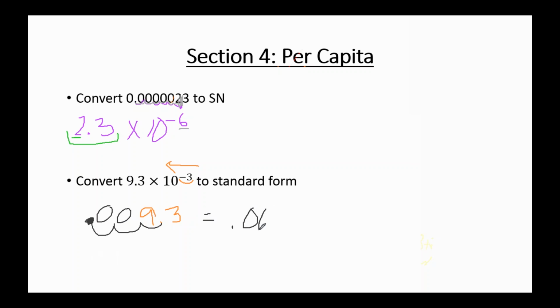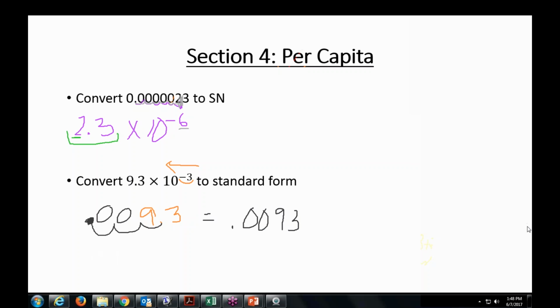So as many of you have stated in the chat box, we're at 0.0093. And you will have plenty of practice with scientific notation going both directions within web work, sections 3 and 4. And we are going to do more playing with scientific notation in the later sections. So it's never going to go away. We're going to be using this throughout the entire 8 weeks, all 28 sections. So make sure you understand what's going on now, or it's going to make everything just a little bit trickier. So if you have questions while you're working through these, let me know.